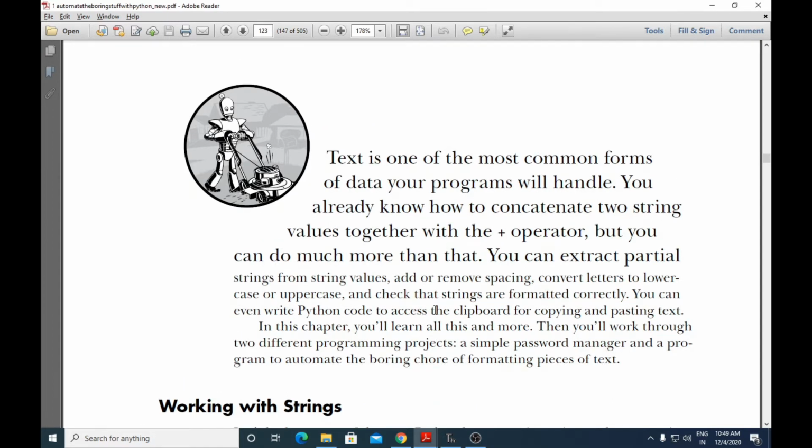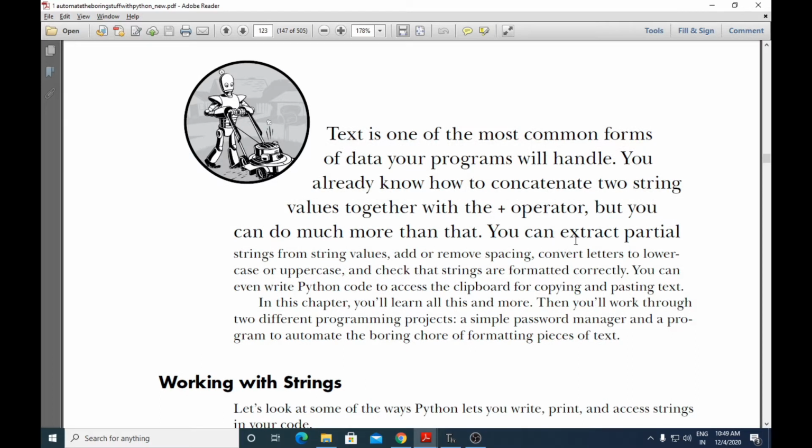So here what they're saying is the most common type of data we use in our program is text, and previously we had studied that by using the plus operator we can concatenate two strings. The plus operator can be used for addition also, and if you are using it with strings, it concatenates those two strings. Apart from this, we can perform other operations with strings, that are extract partial string from